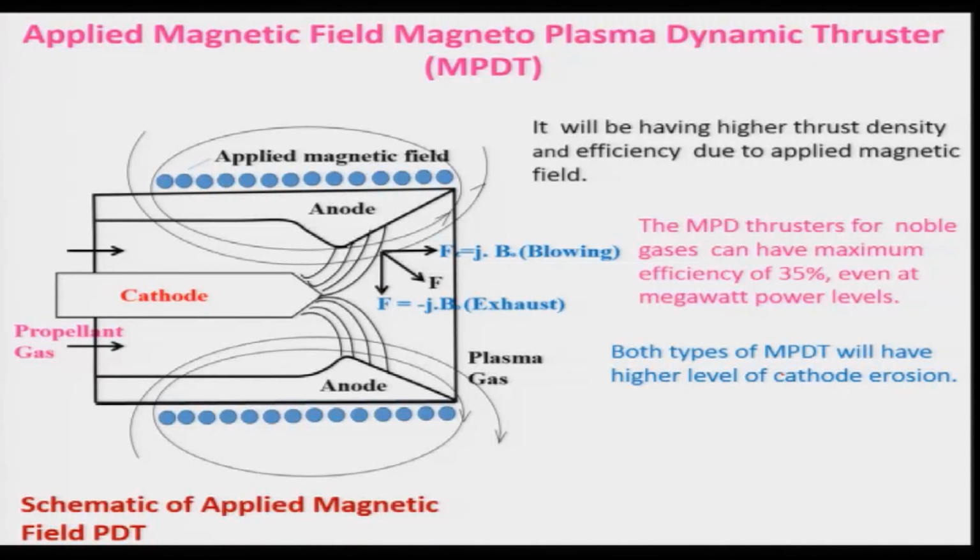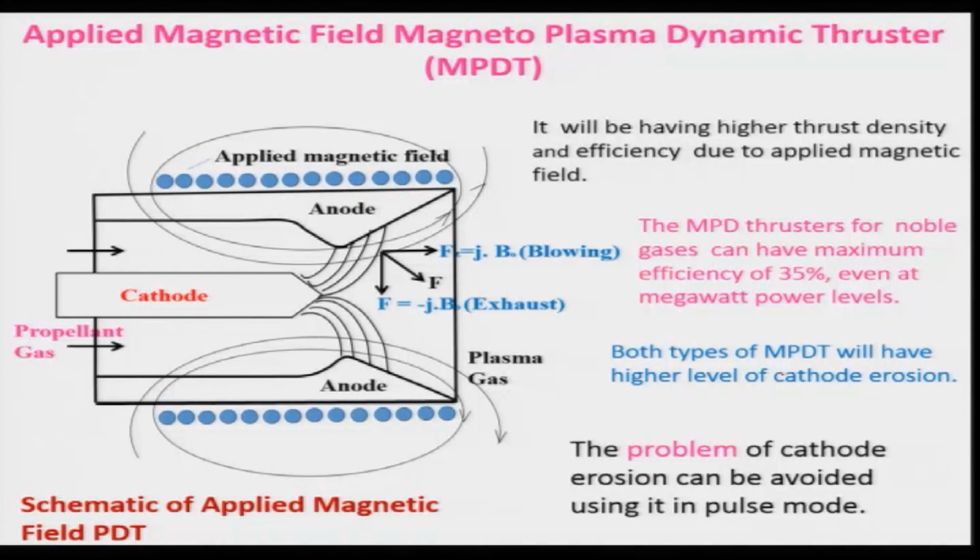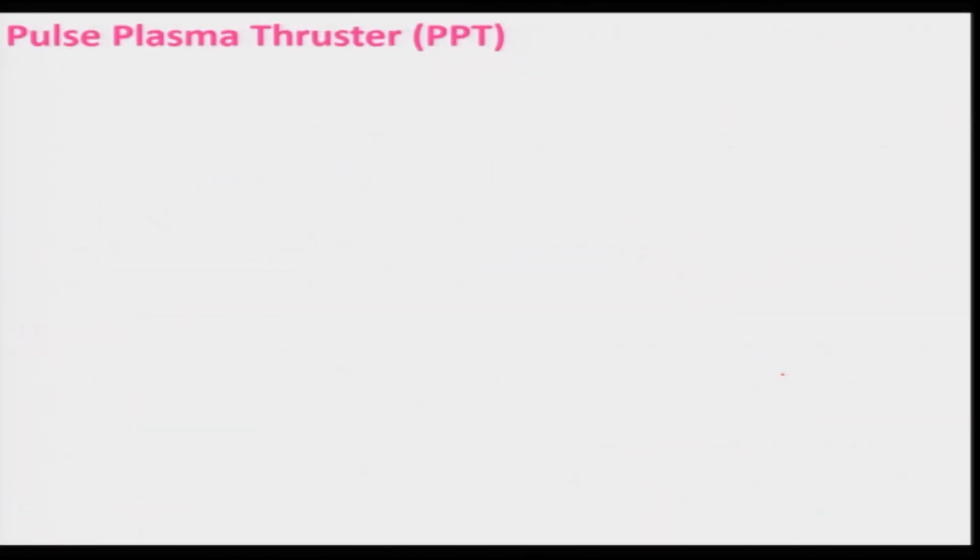Both types of magnetoplasmadynamic thruster will have a higher level of cathode erosion. That is the biggest problem, because you are using a very high voltage over here, and therefore cathode erosion is one problem. And the problem of cathode erosion can be avoided by using this kind of thruster in a pulse mode. So, let us look now at a pulse mode